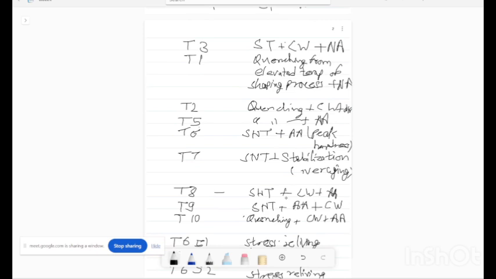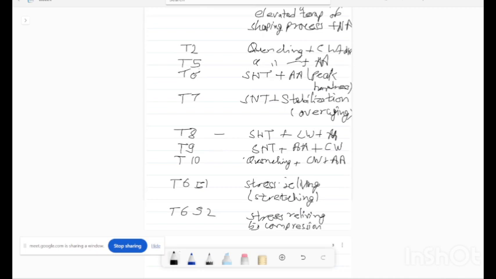Then T6 represents the solution heat treatment plus artificial aging till peak hardness. T7 represents the solution heat treatment plus stabilization process, meaning the overaging. The T8 temper designates the solution heat treatment plus cold working plus artificial aging. T9 represents solution treatment,